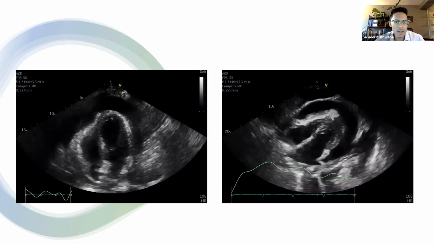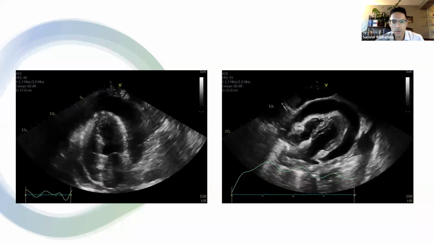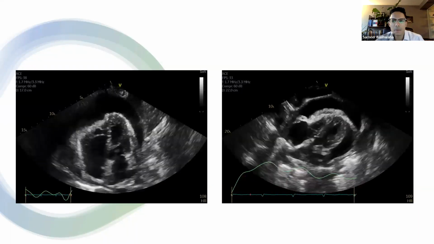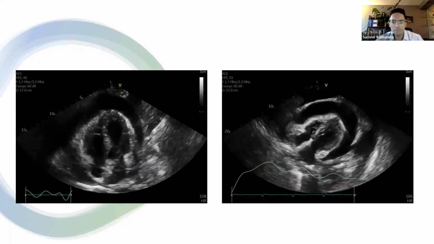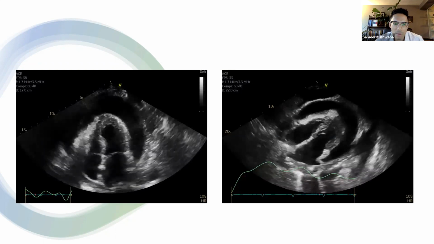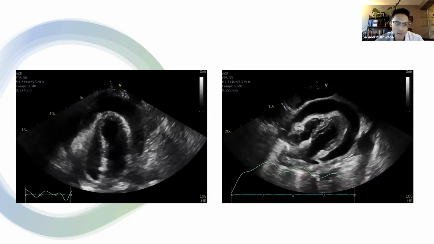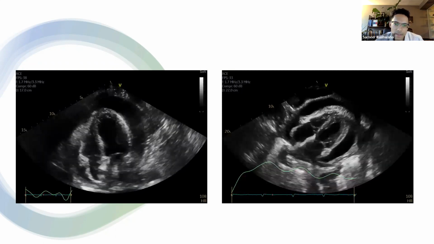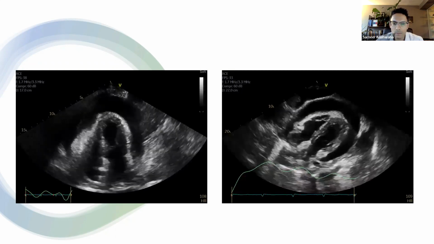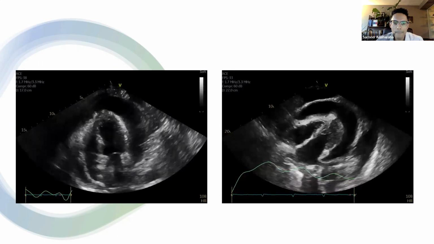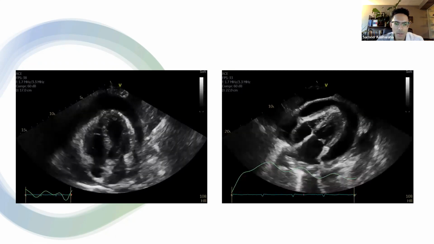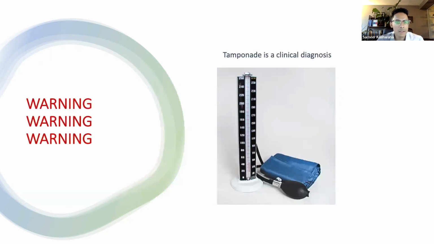So on the left, there's an apical 4-chamber shot with a large pericardial effusion. It measured out to about 2.5 to 3 centimeters at its largest. As mentioned, looks like there is probably some chamber collapse of the right atrium and the right ventricle. And you can certainly see a bit of a swinging motion. So all this is concerning for the development of tamponade. And you can also see that the patient is a little bit tachycardic.